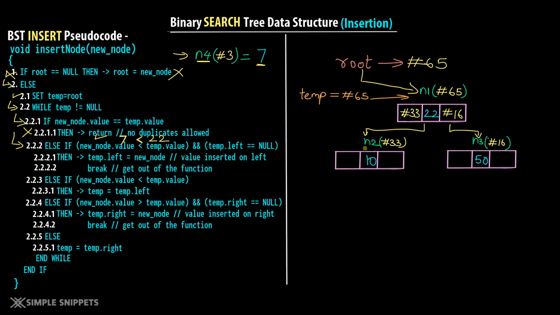Right now we have n2 as the left child of n1, which means in the else if the first condition becomes true, however the second condition which says temp.left equal to null becomes false, because temp is pointing to n1. When I say temp.left, I am saying n1's left. Is n1's left equal to null? No, because temp.left has an address of hash 33. So it is not null, and 33 is the address of n2, which means that this condition becomes false. And since there is an AND in between these two conditions, both of these two conditions have to be true in order to insert a new node as the left child of n1.